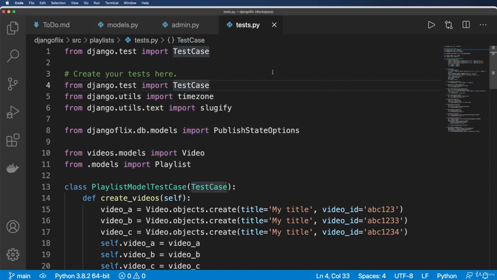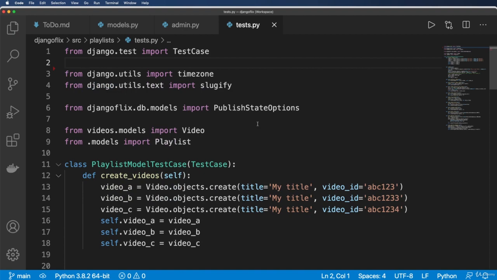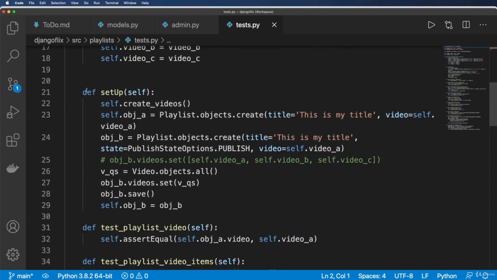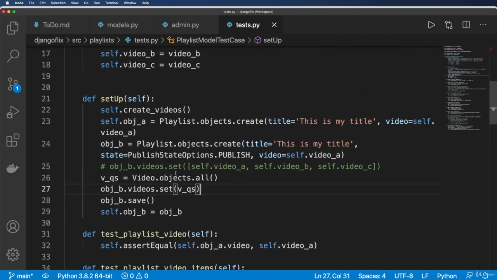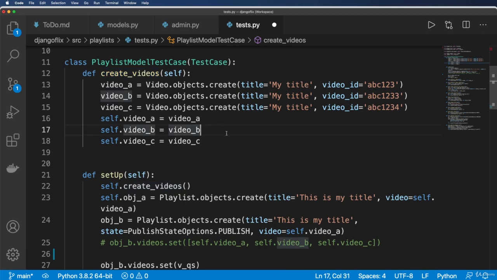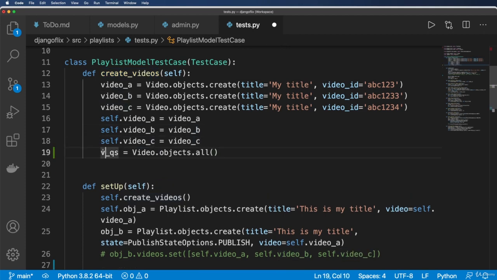All right, so now jumping into our playlist tests. I have test case duplicated on the import. I don't need that. So I'm going to go ahead and scroll down into my setup process here, and I've got this video query set thing here. What I'm actually going to do is cut it out of this and bring it into my create videos and just put it as